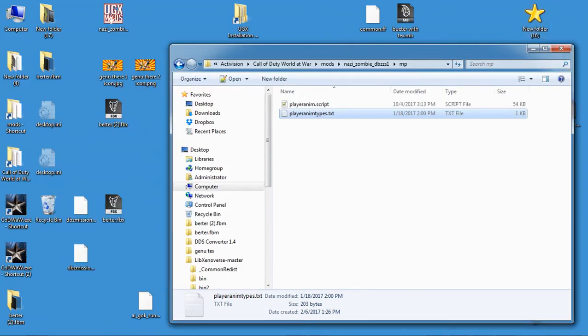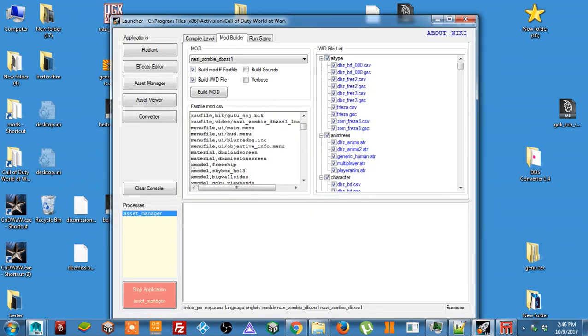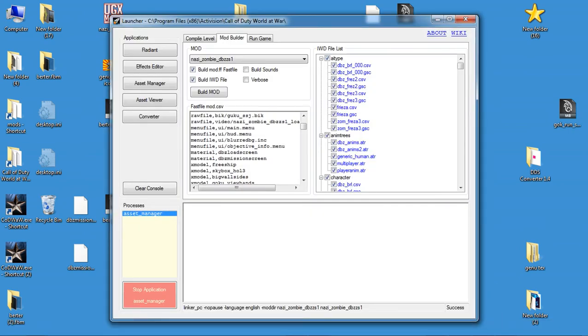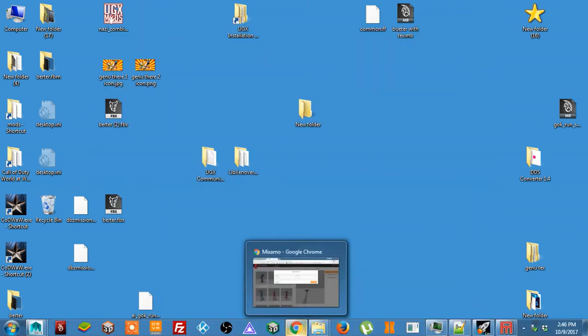So once you do all that, like I said, in your map name, mods, map name folder, MP, you put those two files. Make sure that you check them off. And once you compile your map, if you did everything correctly, you're going to have to convert your anims in as well. When you do your animations,